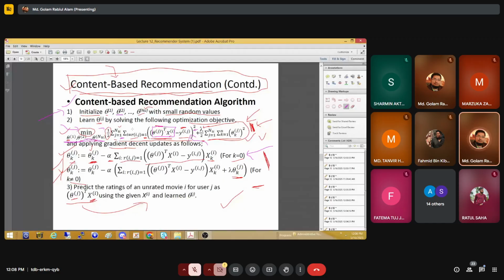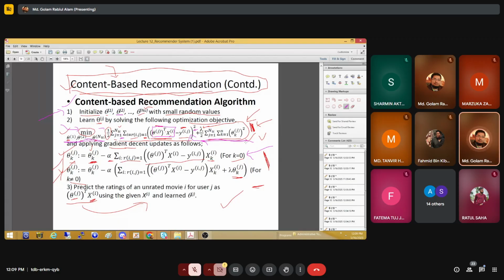That means we can see this is actually the derivative with respect to theta. If we take the derivative with respect to theta, then we will get this. And another term here is called the regularization term. Okay? Regularization term. In the least square method, we have